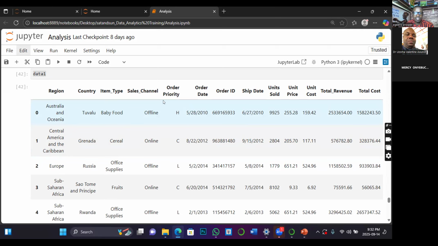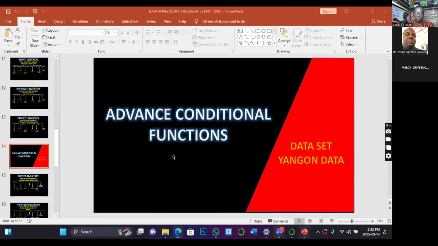Because the first criteria is you are summing up the total revenue based on what? The sales channel offline. And then not just that, the summation should narrow down to only baby food item. That is two different criteria. So it can increase from 2 to 3, from 3 to 4. So just for you to know how to handle it. So that is the aspects we are moving